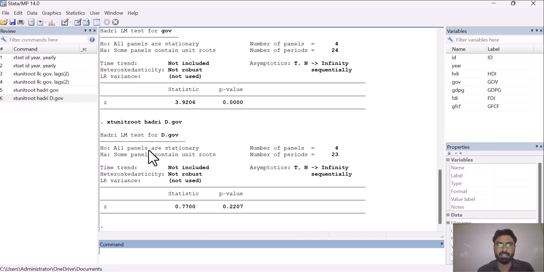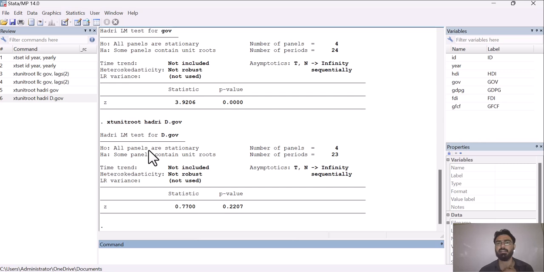But the question is, what if some test says that your data set is stationary and some test says that your data set is not stationary? So what is the conclusion? In this scenario, you have to go with the majority of the test suggestions. If the majority of tests are saying that your data is stationary, then you go with this option.